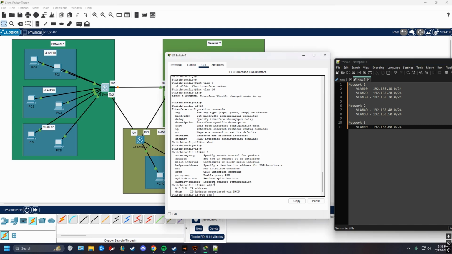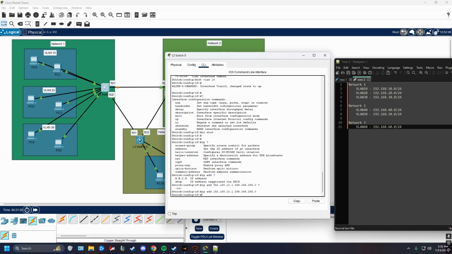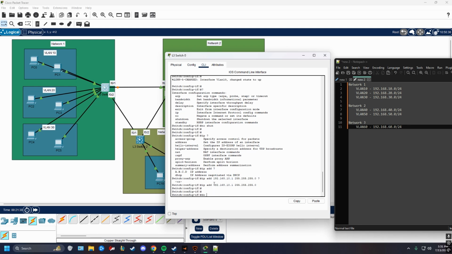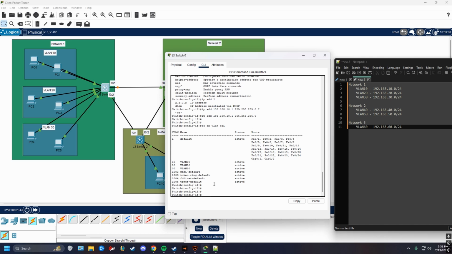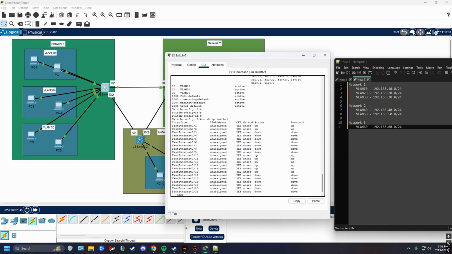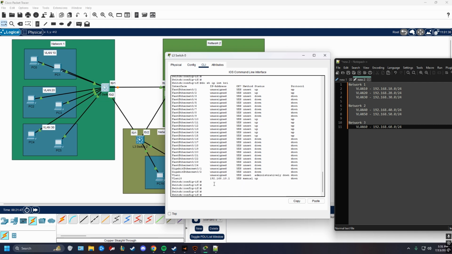Here we're doing IP address 192.168.10.1 and the subnet mask. Now the reason why it's a .1 is because this is going to be a virtual interface as if it was a router, so it's going to be treated as the VLAN gateway. So we'll go ahead and run the IP interface brief and see that VLAN 10 specifically has the